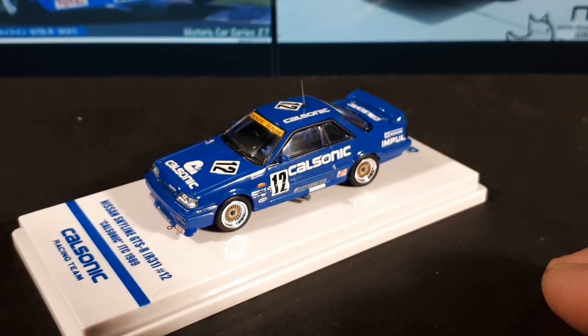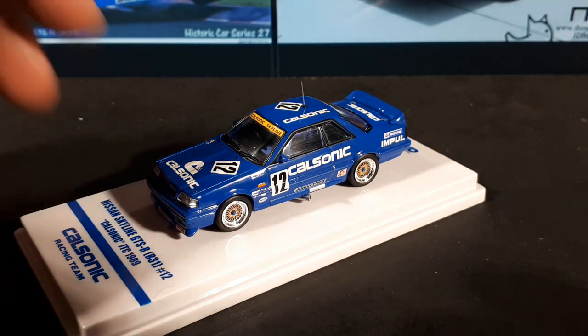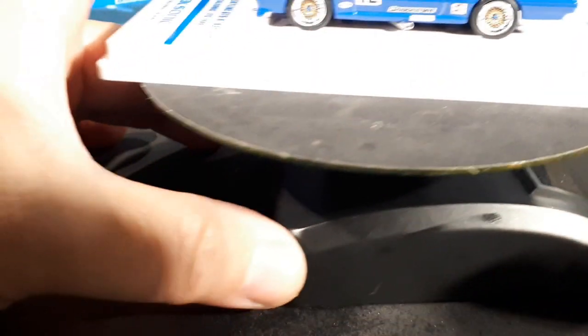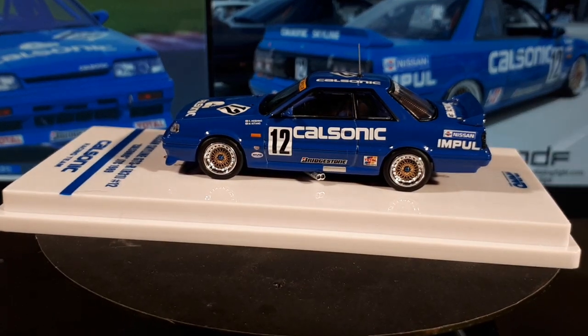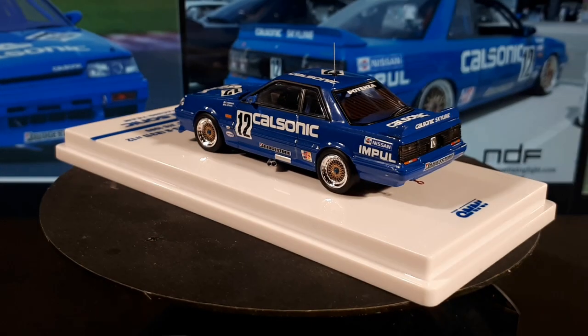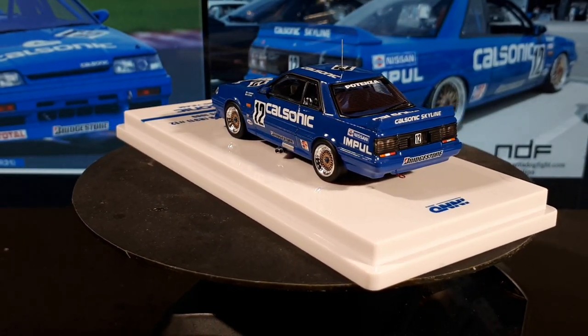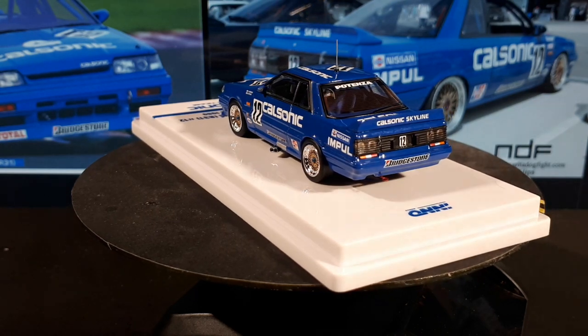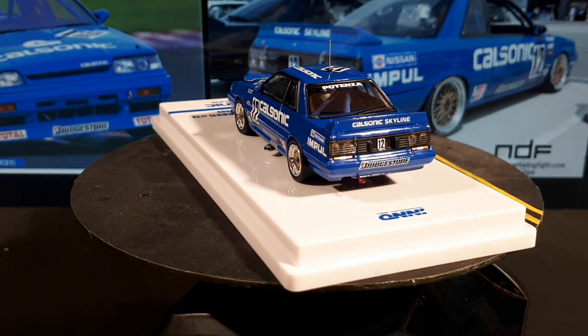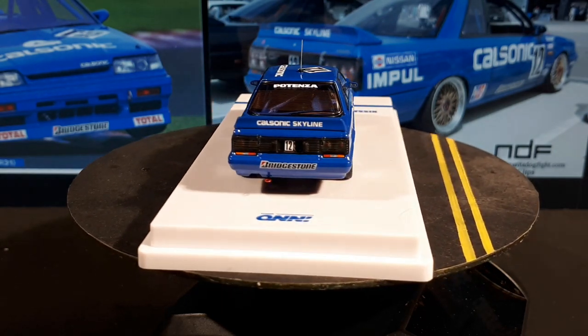Yeah, most of the time, like 90% of the time, I'm quite happy with what you guys do. You and Mini GT are my favorite brands, for sure. Inno has more detail. Mini GT has a great price, less detail. There's something for everyone out there in collecting, of course. So it's a good time to be a collector. Alright, sadly I don't really have anything to compare to. Yeah, I just started collecting here in the States, so I don't have any other